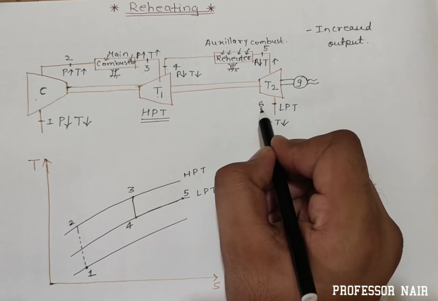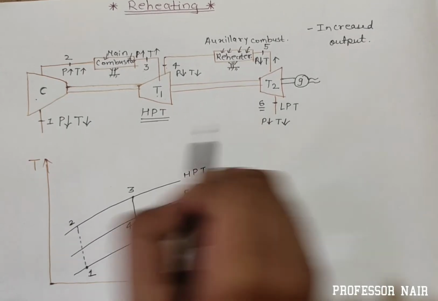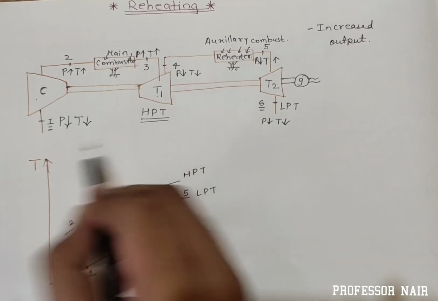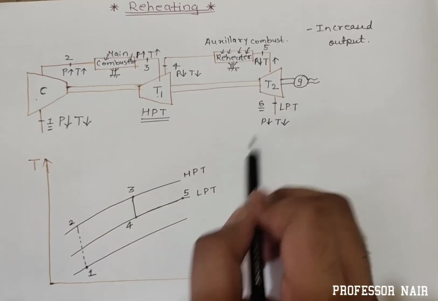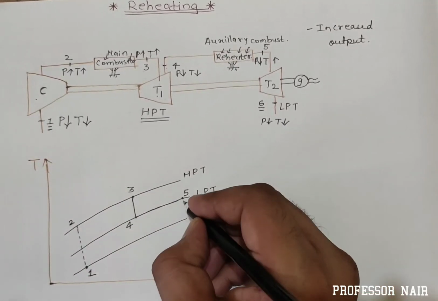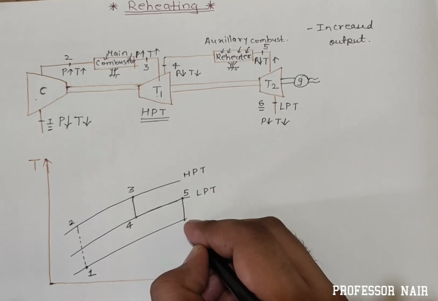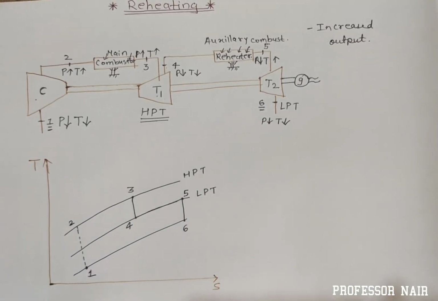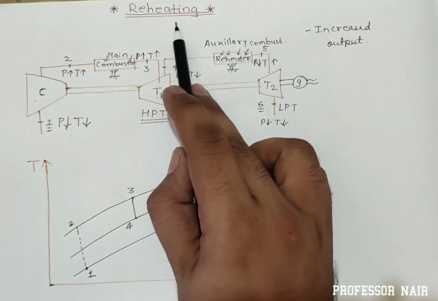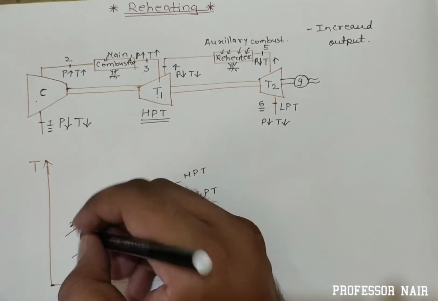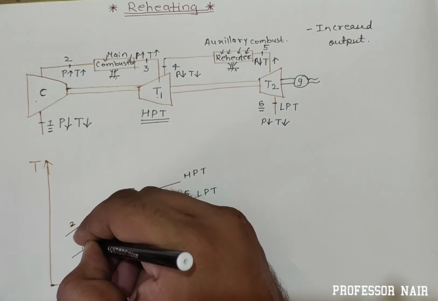Okay, now see here students, 6th point and 1st point, right? So this pressure would be the same here because it is releasing to atmosphere. So again same, I will draw here. So this would be 6th point, right? So this is the ideal diagram of the reheating process. Okay, I will draw here. Now I will draw here by straight line.